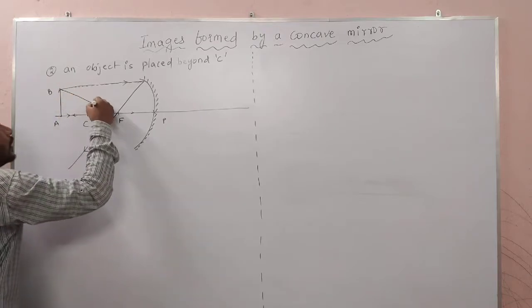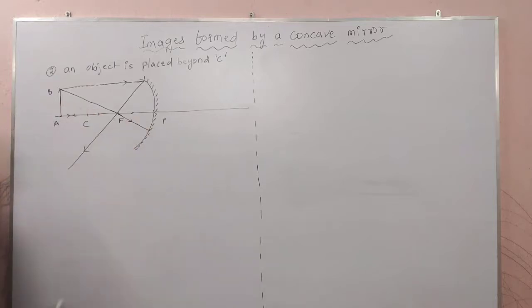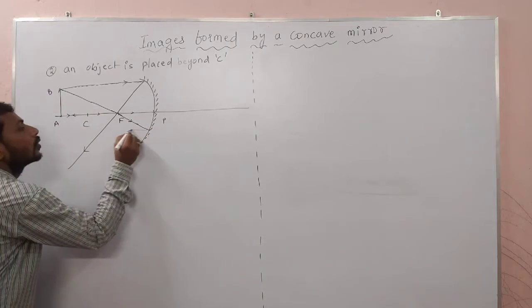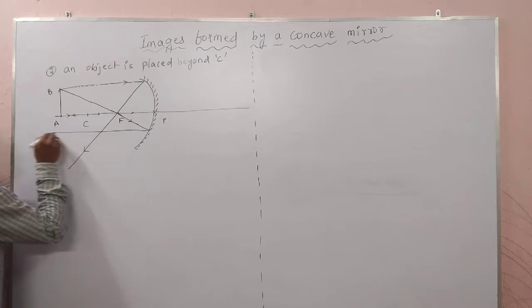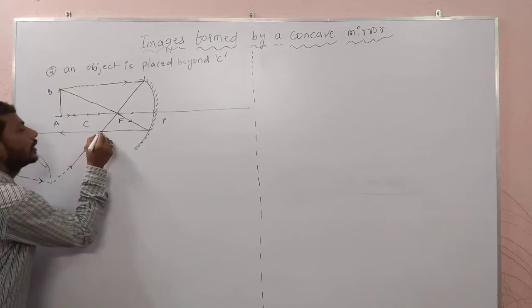I am going to take the rule where the ray is coming from the focus. If it is coming from the focus, the reflected ray is parallel to the principal axis. So if your eye is here, these 2 rays reach your eye like this, and they reach your retina. Then our brain suggests from where the 2 rays came. As I told you, they are going to retrace back like this, and this ray also retraces back, reaching here.